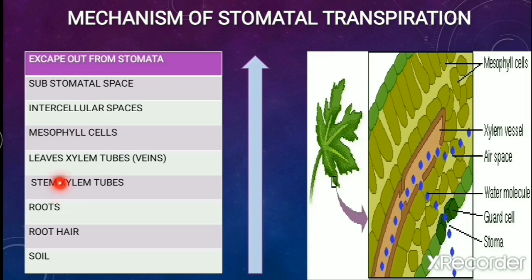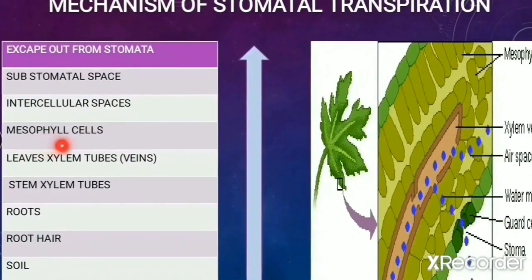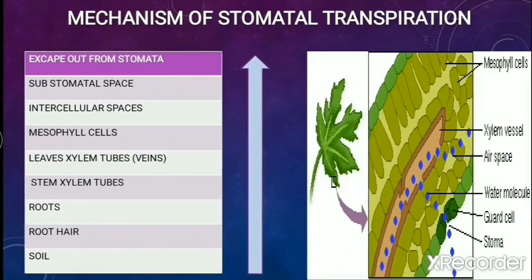So from the xylem tube of the stem, it will come to the xylem tubes of the leaves. In the leaves, we can see those xylem tubes in the veins. Veins and veinlets are the network of those xylem and phloem tubes. Now from the xylem tubes, slowly it will come into the mesophyll cells. This is the diagram showing the internal structure of the leaf, and here you can see that these cells are the mesophyll cells. Suppose this is a xylem tube, so from the xylem tube it will come into those mesophyll cells, and then into the intercellular spaces.